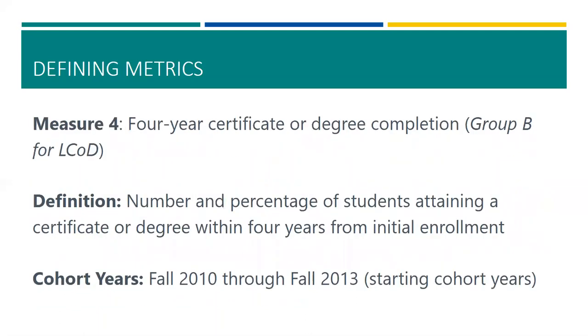And measure 4, this is the last measure for standard recertification, and this is the first measure for the Group B metrics of Leader College of Distinction. 4-year certificate or degree completion. So the percentage of students who attained a certificate or degree within 4 years of initial enrollment. You'll notice these cohort years look a lot older, and that's because these are starting cohort years. For fall 2013, 14, 15, 16, 17,